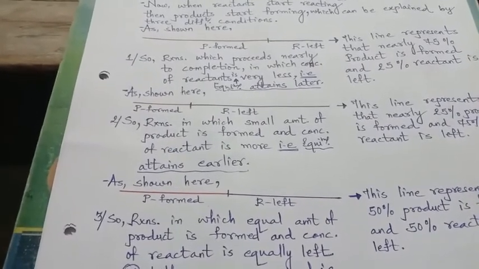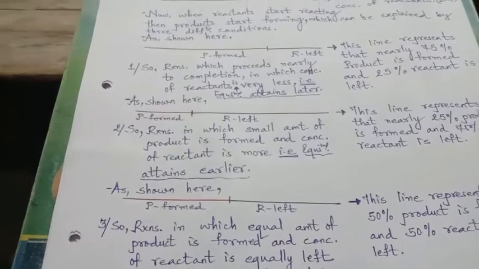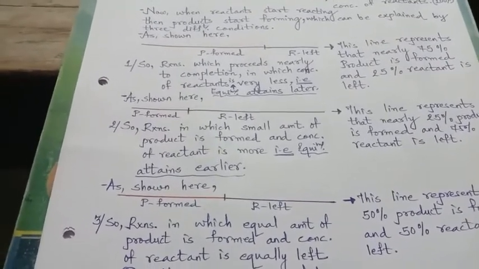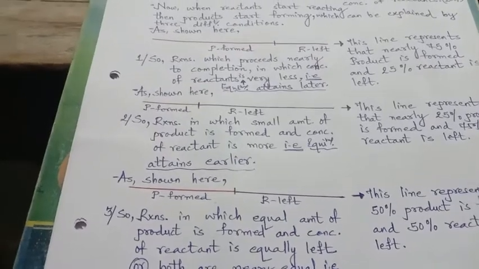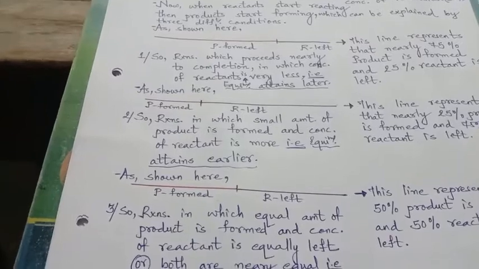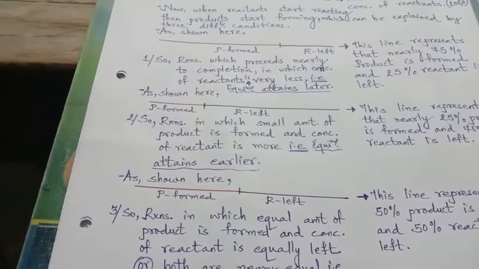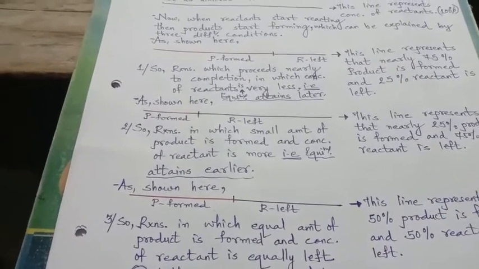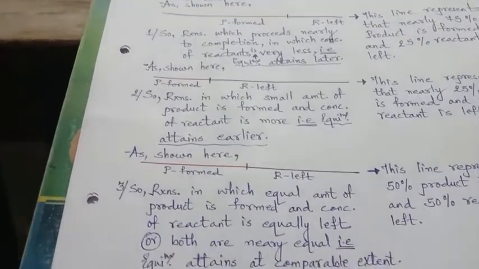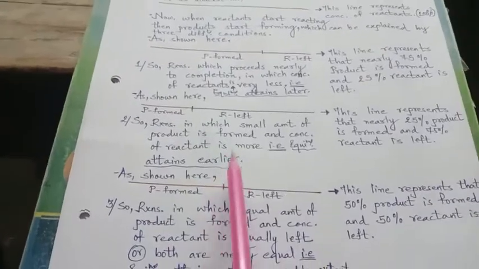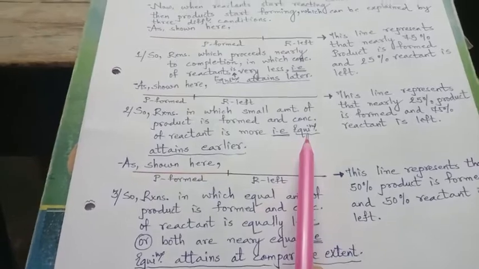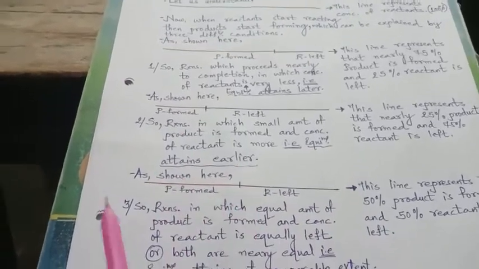That our iron should get rusted at an early stage? No, it's not desirable. Our desire is that our iron should not get easily rusted, or if no other condition is possible, then it should rust to a very minimum extent. So for that, what type of condition should we prefer? We should prefer the second condition. That is, the equilibrium should be attained at a very early stage.